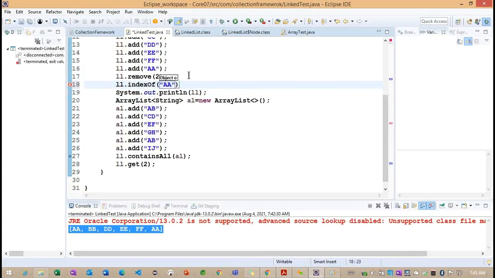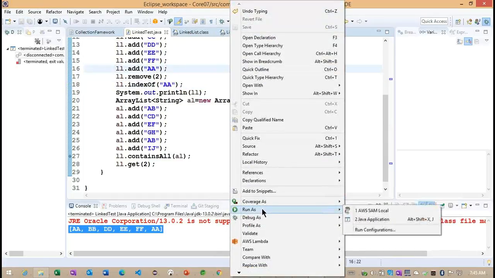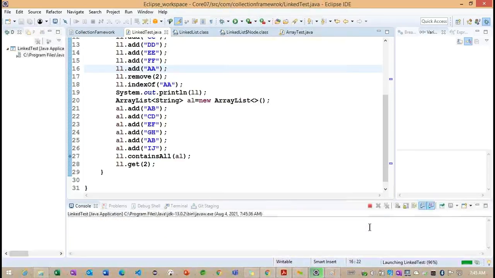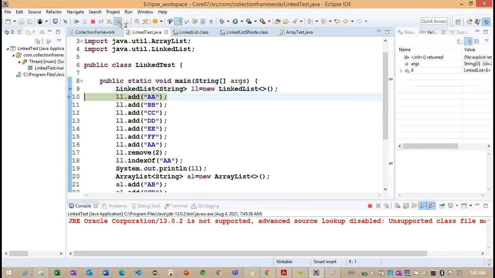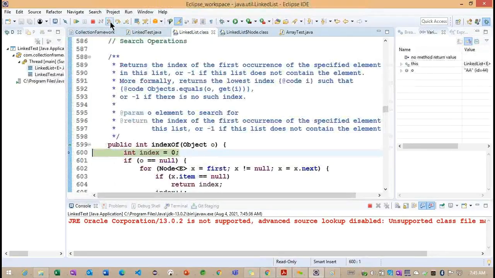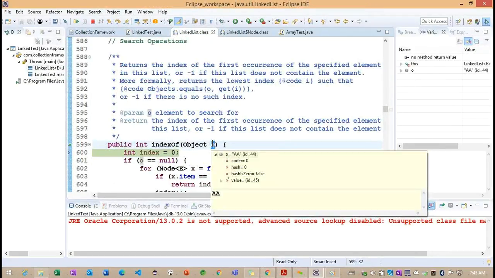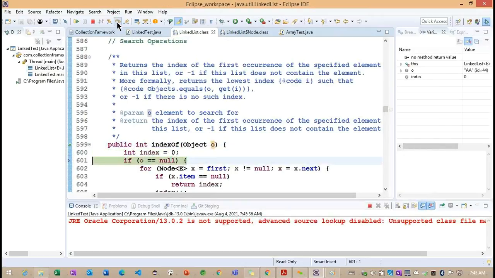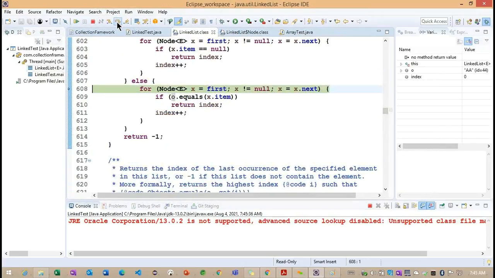I want to pause for the double here. So what is the index of this particular double here? Observe the index of method, we are inside the index of. So directly we are checking. So A we are passing here. Now we'll go for the else. So now what you are understanding here, we are repeating the loop, and if the O is satisfied with this particular item, it returns the index here. How is this particular index incrementing?